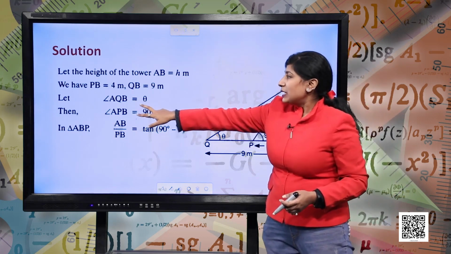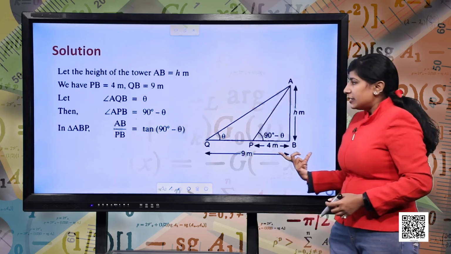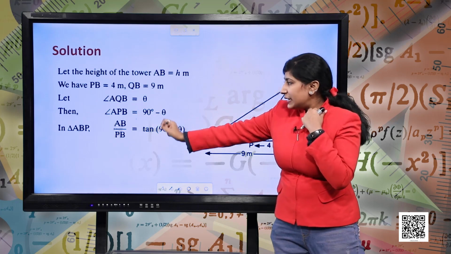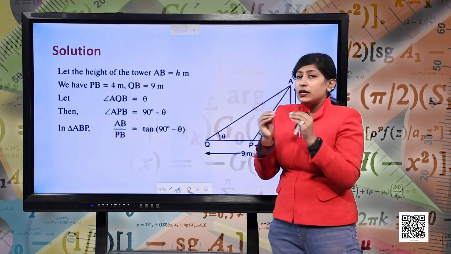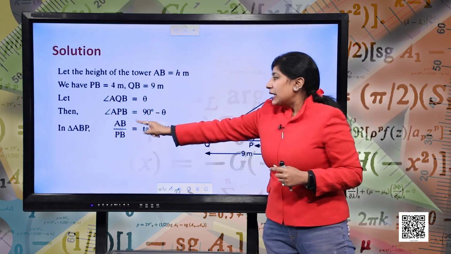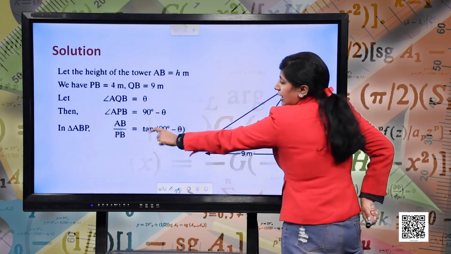Then we have PB equal to 4. We have QB equal to 9. We let that angle AQB is theta. So by using that these two angles are complementary, angle APB is 90 minus theta. Okay. So in triangle APB,